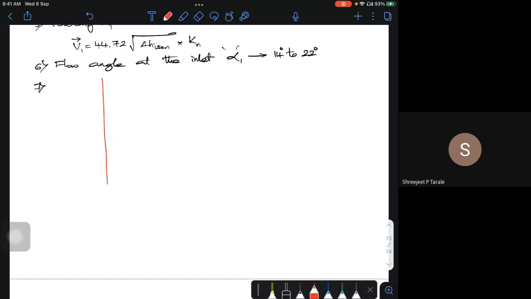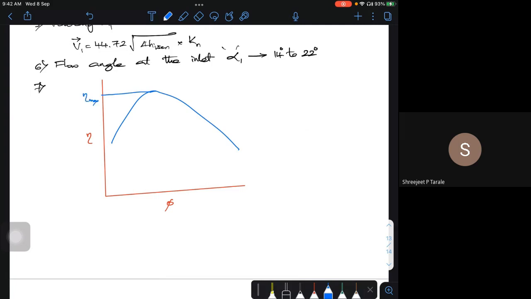So for each turbine, they try to do this exercise. What they do is put efficiency versus phi. Majority of the time, they will put either overall efficiency or internal efficiency, whatever it may be, and the curve will go something like this. This is your maximum efficiency,